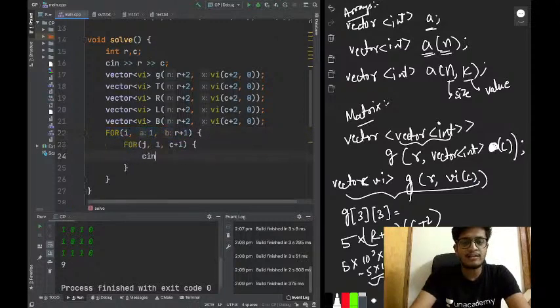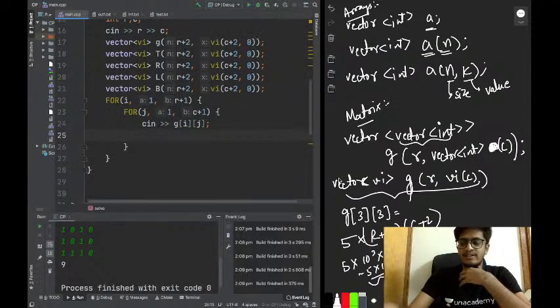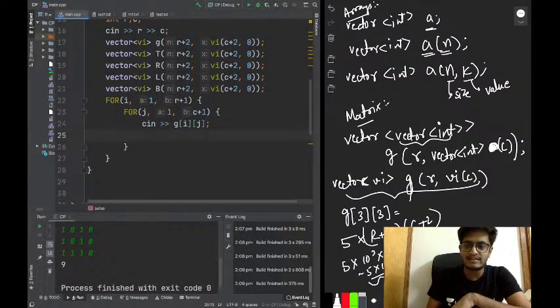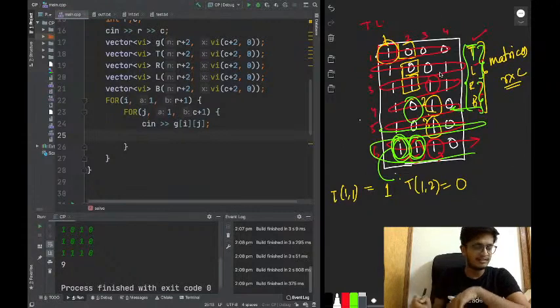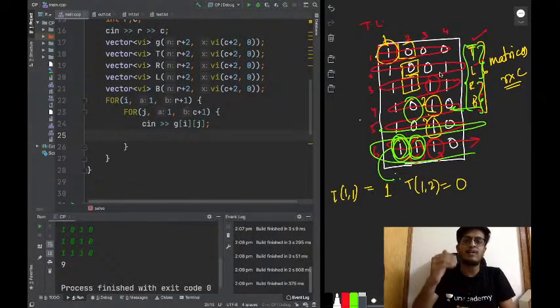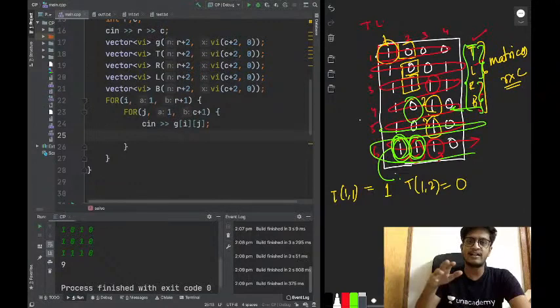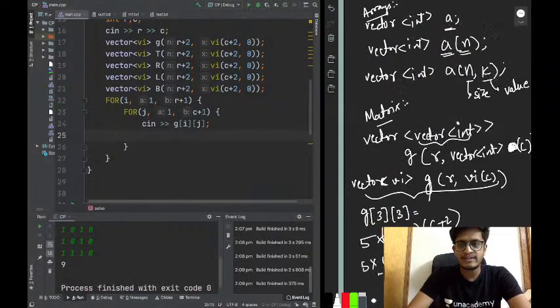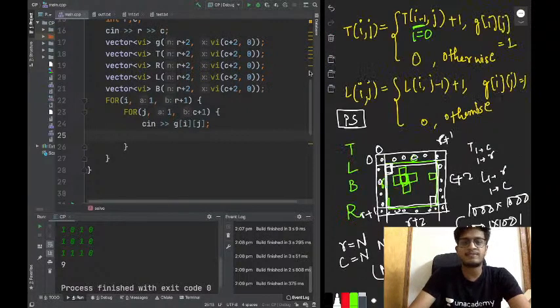Because firstly I'll input the grid value. It's t and l. Since we are filling the matrix like this, we discussed it here. We are filling it like this because the values are being input like this, right? And we will be updating the top and left as well at the grid, but from the bottom right corner. Okay, what is the expression we have? I'll come to the expression. So yeah, this is the expression we have.